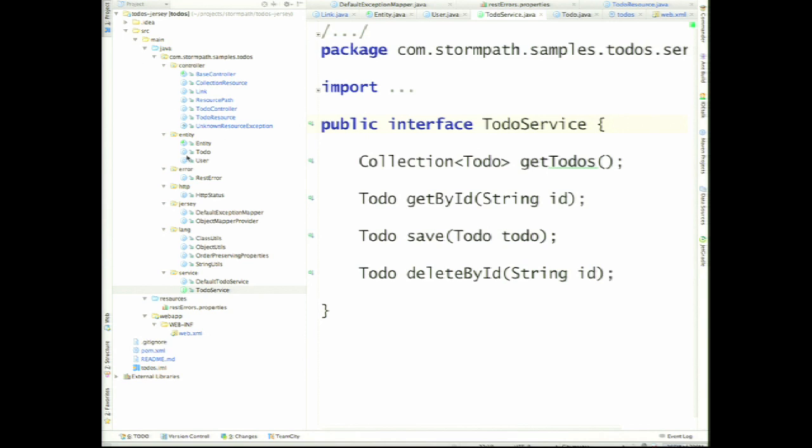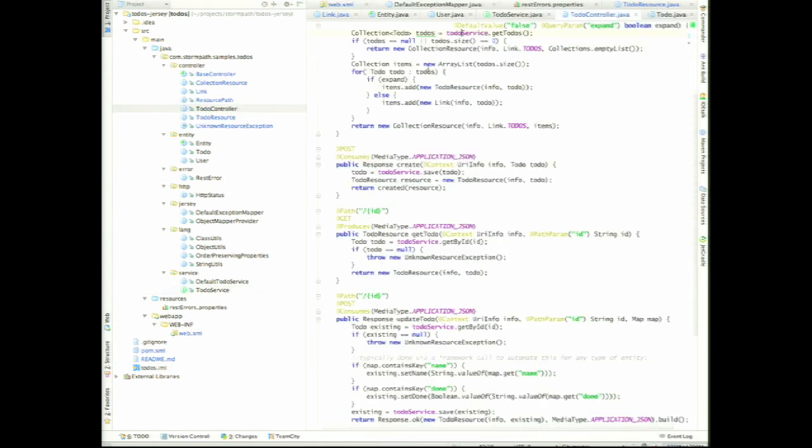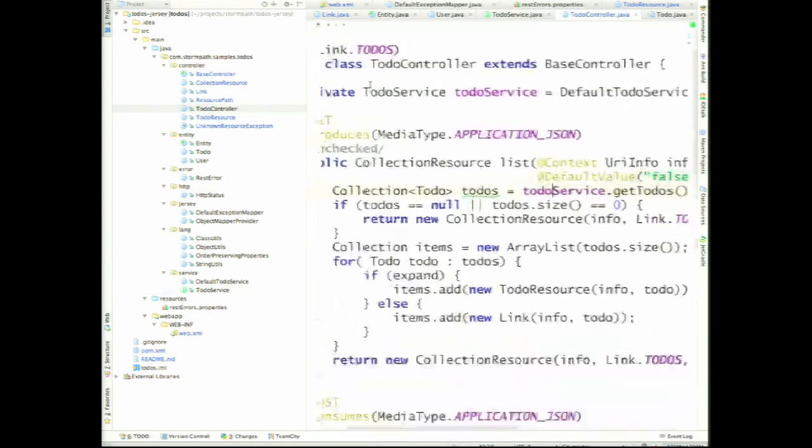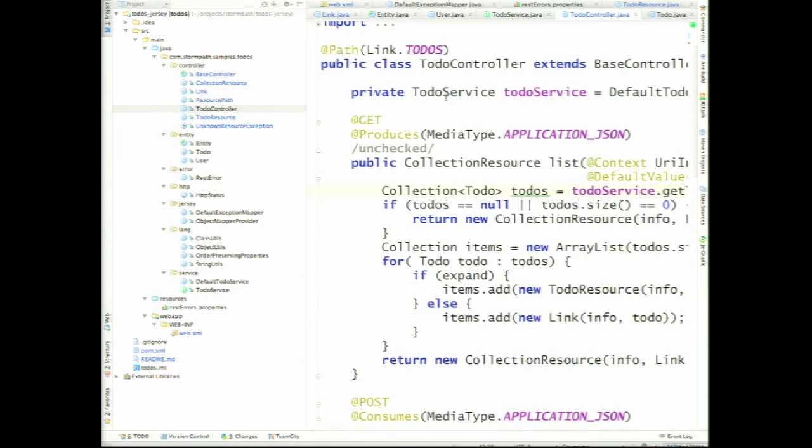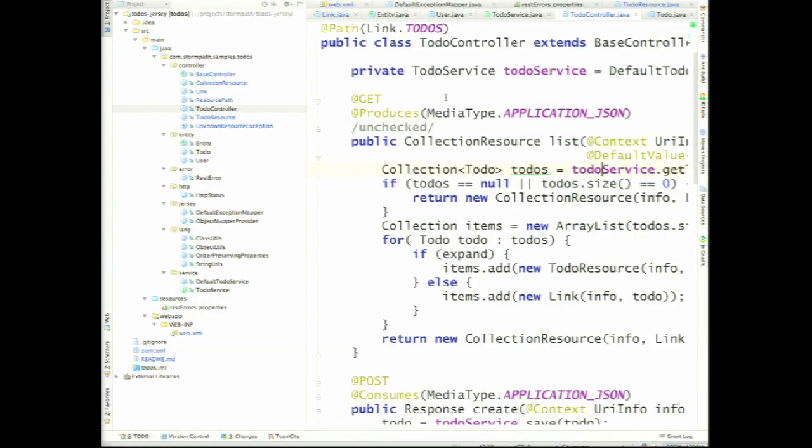The idea here, and the meat of this, is that our to-do controller is your bridge from the Jersey world into the rest of your business's services. So there's a to-do service that has no notion or understanding of Jersey, right? It's something that's core to your business API, but your controller is the thing that interacts with that service and will, let me scoot this over,